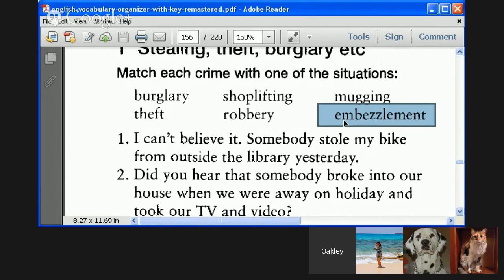Yeah, I get it, but I have to clarify. Embezzlement is specifically money. Stealing money from the company you work for. If you're stealing things, like you were working in a company and you steal paper from the company, then that's theft. Just like the bicycle outside, it's just theft. Stealing objects, things, not money, is theft.